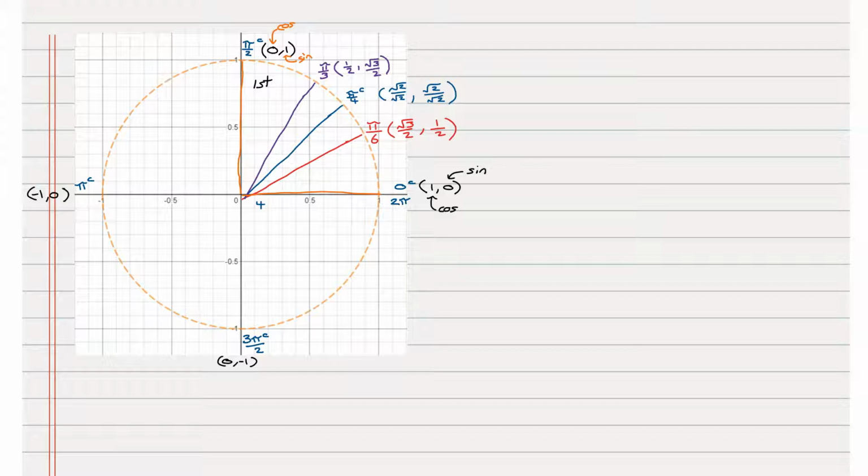Now, looking at everything in between, recall that we've got 3 exact values. So we've got pi on 6, which is the same as writing 30 degrees. And then we've got pi over 4, which is the same as writing 45 degrees. And then we've got pi over 3, which is the same as writing 60 degrees. Now, this explained the angles in the first quadrant of the unit circle and gave exact values for it. But notice